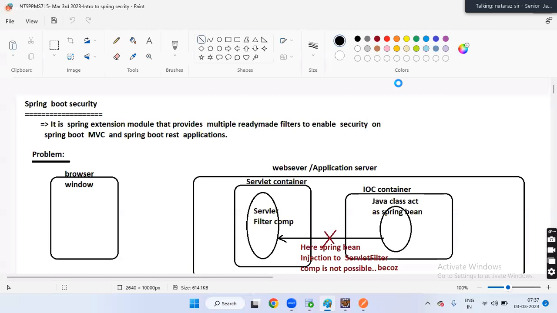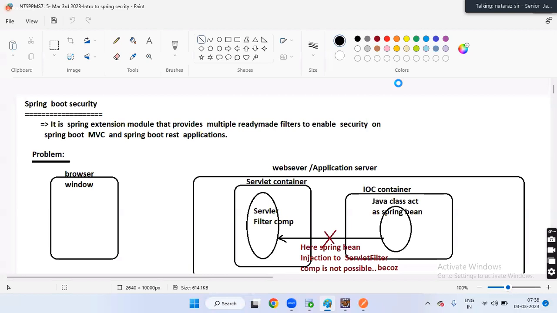Why? Can you tell me? Where will the servlet component be? In servlet container. Where will the Spring Bean be? In IOC container, right? I want a reply from you people.